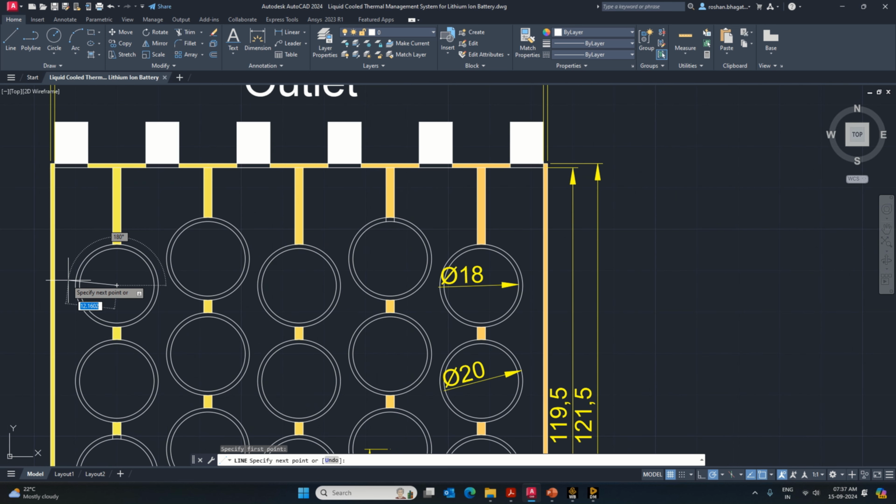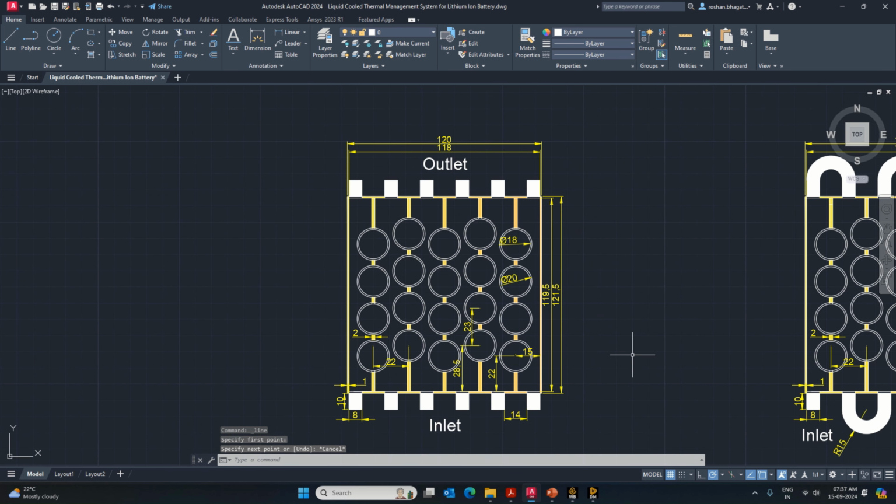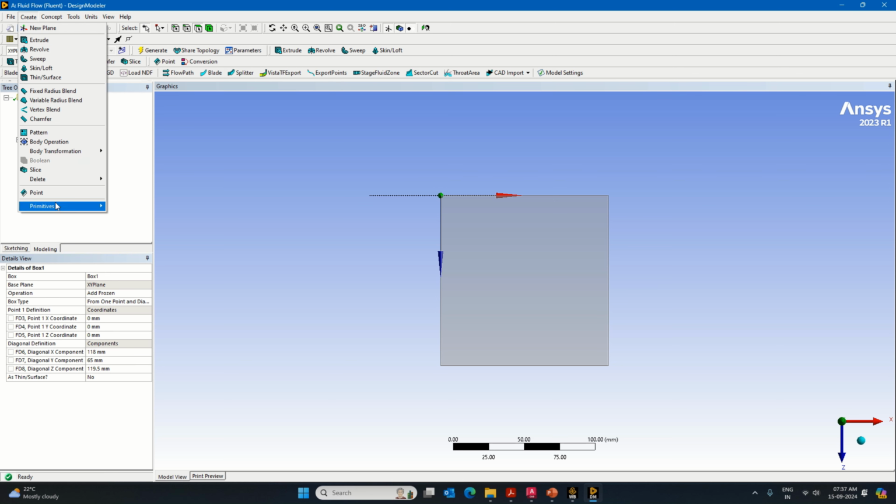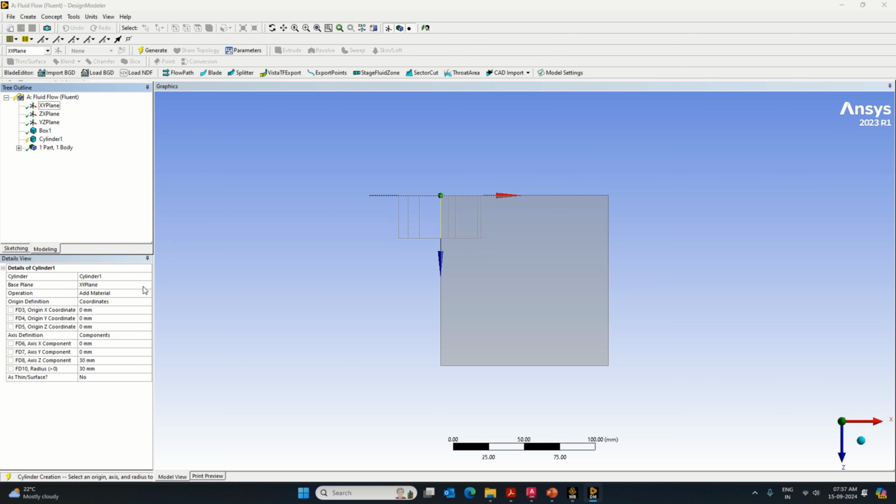Okay, so you can see 28.5, and this is your 15. So both this way also you can proceed. So 15 and 28.5 I will take. So create, let's say, primitive, that is cylinder. Instead of add metal, make it slice metal. First of all, the radius I will define, that is 9